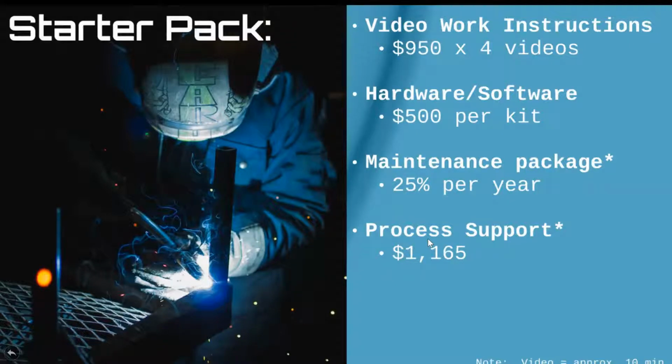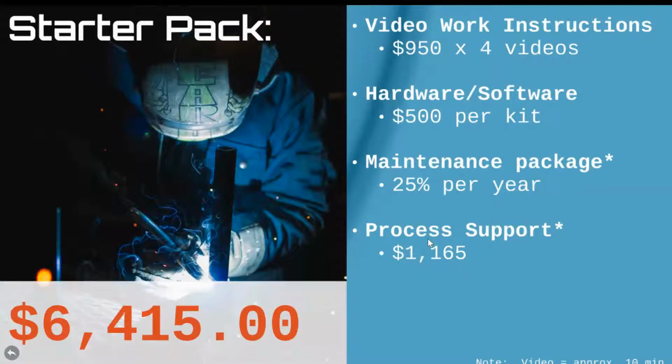But if I only have one of those tasks on video, all I will be able to see is the ability of somebody to train faster on that individual task, but I really won't know the result or the effect of how that task and it being on video work instructions affects that defect or scrap number that I was trying to blitz. So with that being said, starter pack is 4 videos, and it's our smallest bundle, and it comes out to be about $6,400.